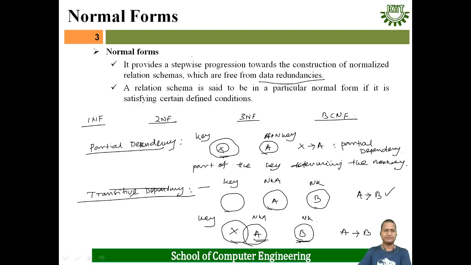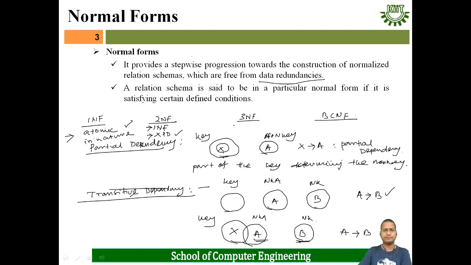What is 1NF? A relation is said to be in 1NF if all the entries are atomic in nature. That means the table contains atomic data items; in a particular cell, multiple data items are not present. That means multi-valued attributes are not present in a particular cell, then the table is in 1NF. What is 2NF? A relation is said to be in 2NF if the relation is in 1NF and there should not be any partial dependency. Then we can call the table is in 2NF.